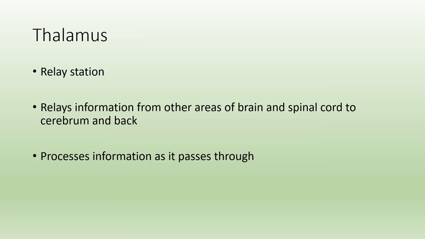So what does the thalamus do? Well, it's a relay station. So any information that's coming from other areas of the brain, the spinal cord, that has to go up to the cerebrum, has to pass through the thalamus. And any information from the cerebrum, say to send information back down to the spinal cord, has to pass through the thalamus. So it's going to help process information as it's passing through, but think of it as the relay